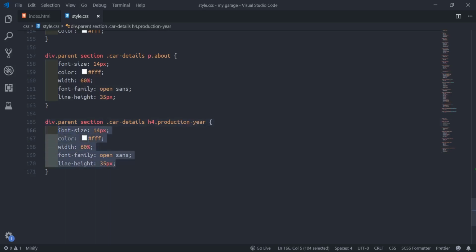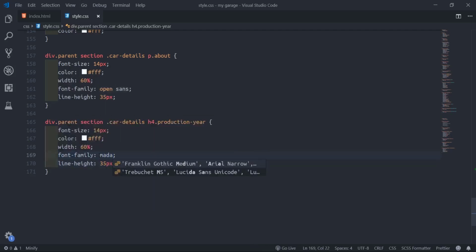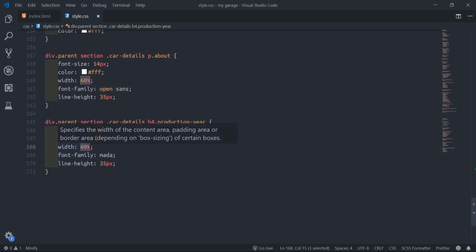Font family, we'll use Montserrat. Then font size will be 16 pixel.